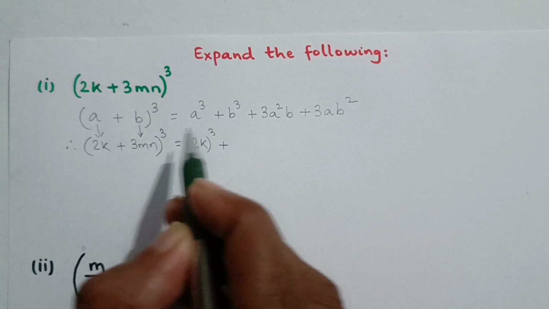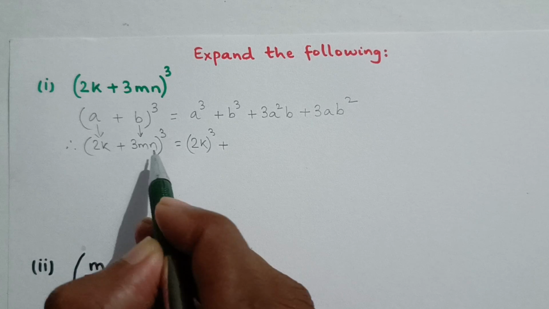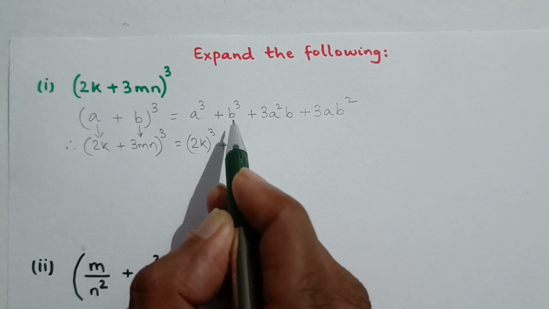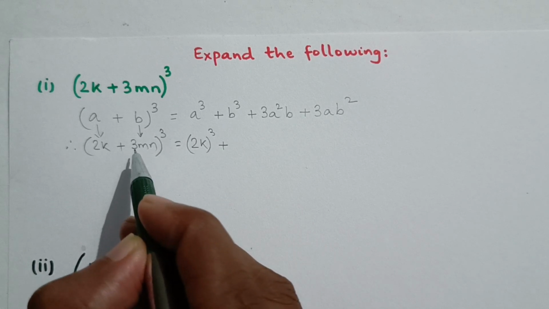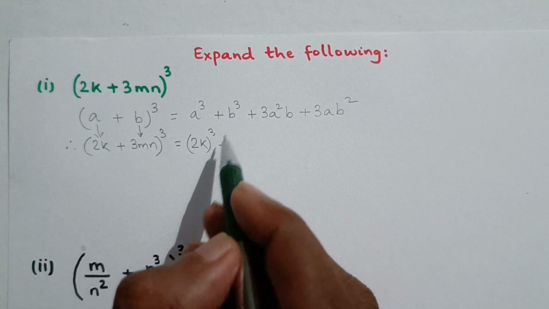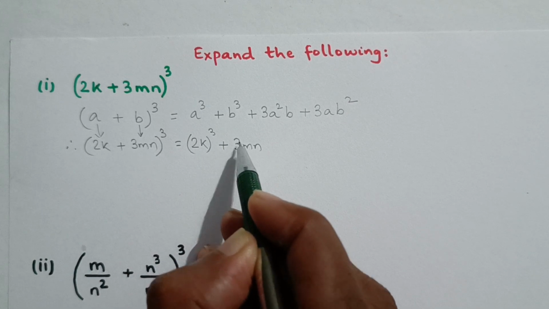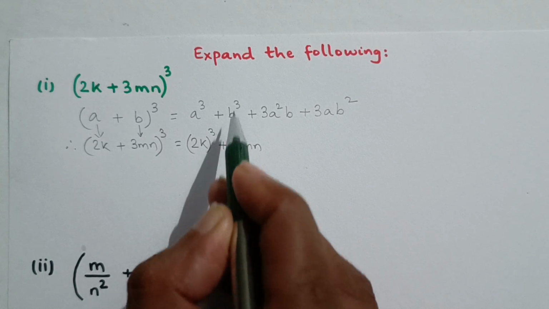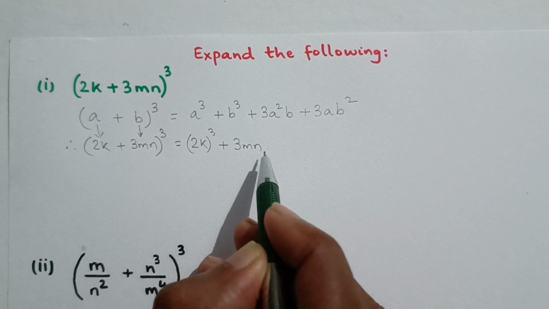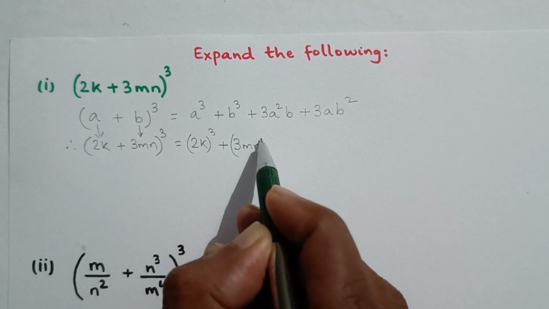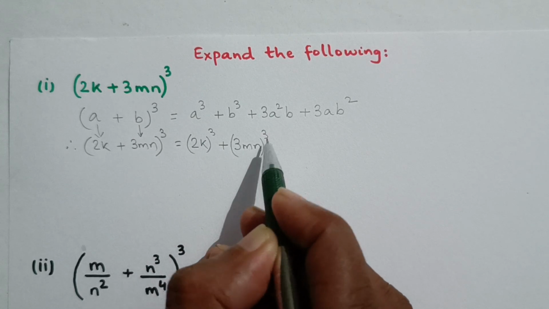Now I know that b corresponds to 3mn. So instead of b I will write 3mn. Now b cube, so therefore 3mn will also get cubed. So 3mn whole cube